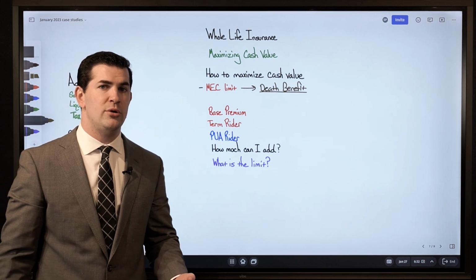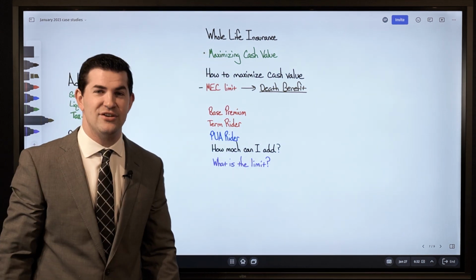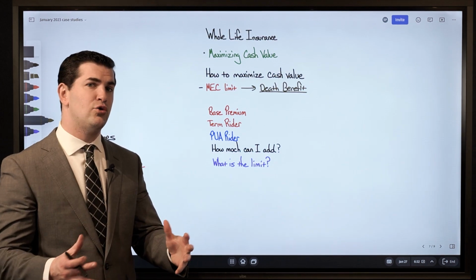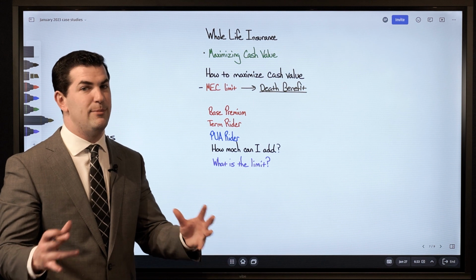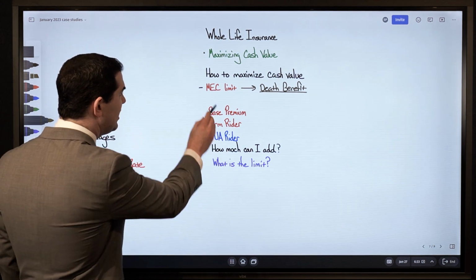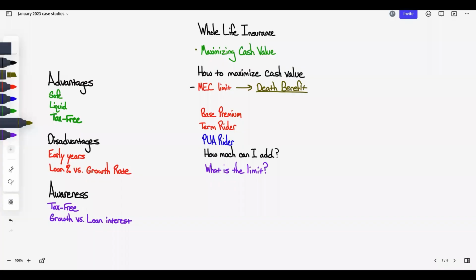So often what we'll do, if someone's goal is maximizing the cash value, is see how much we're looking to pay into the policy and then design the policy with the minimum amount of life insurance in order to attain the desired MEC limit. For example, if you said, hey, I want the ability to pay up to $100,000 per year,